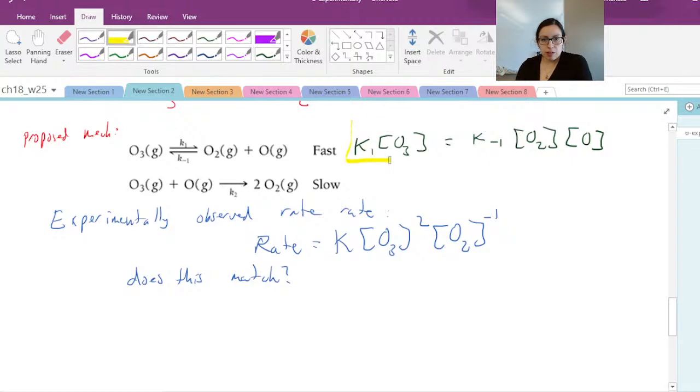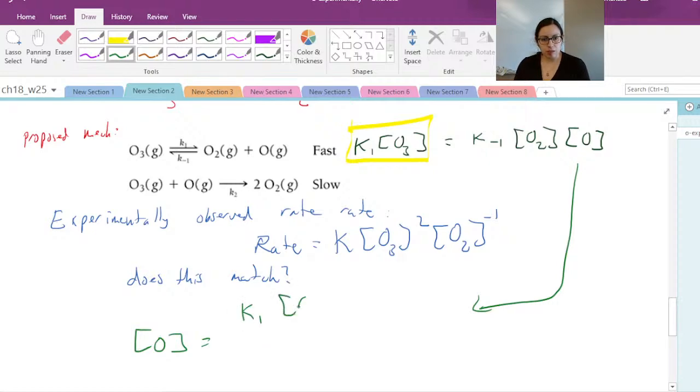And you could just start off with even just that for the first step. And then recognizing, again, fast equilibrium. So yes, they have to be equal to that. So that looks good. And so then where'd you go from there? I divided each side by K negative 1 concentration O2, leaving the lone oxygen concentration alone so that I could input it into our slow rate. So this is sounding promising.